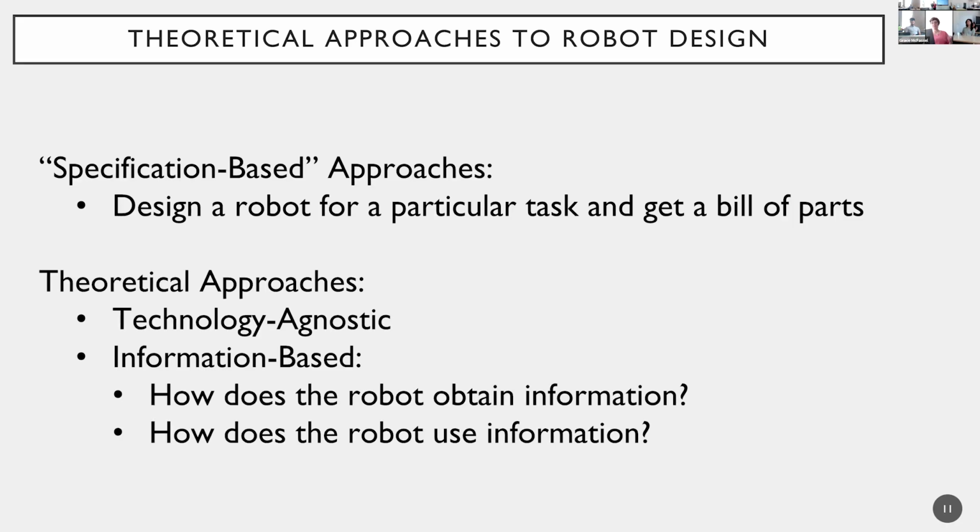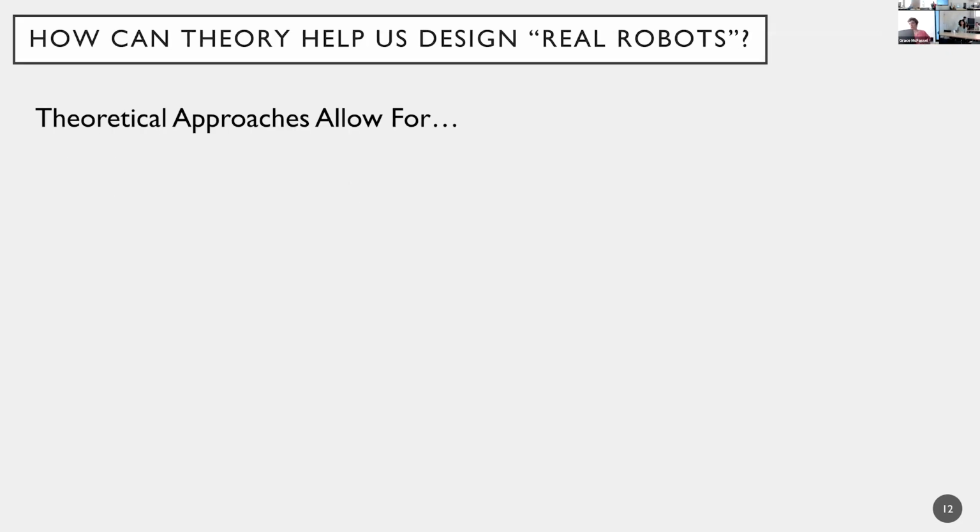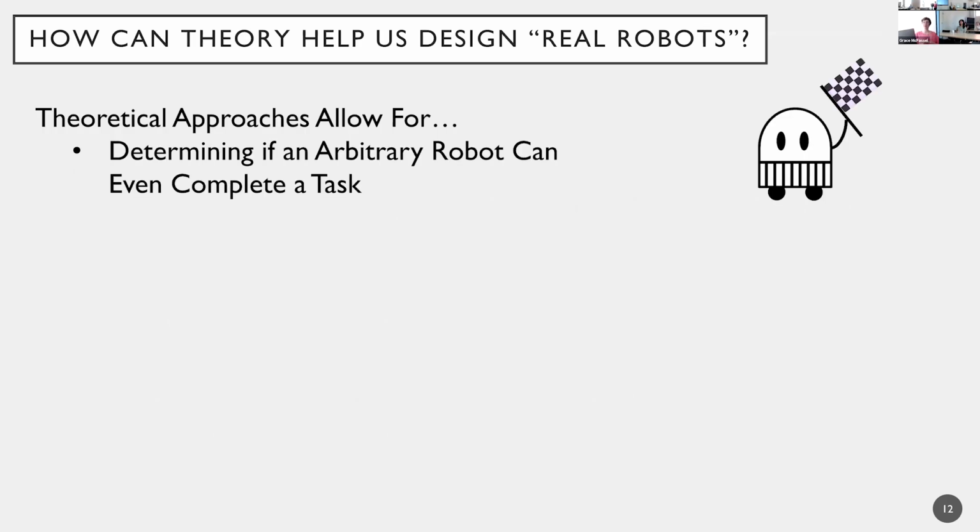Theoretical approaches should be technology agnostic, and specifically, I'm looking at information-based approaches. So how does a robot obtain information? And then how does that robot use information to enact changes on the world? So theoretical approaches allow for a couple things that we don't get when we're simply trying to design robots to a specification. They allow for us to answer questions such as determining if an arbitrary robot is capable of completing a task,